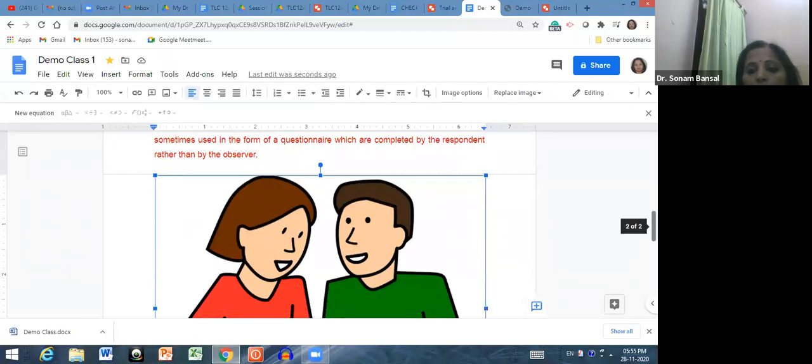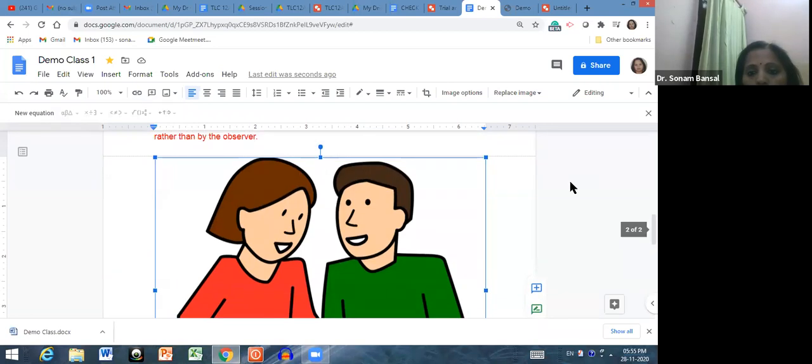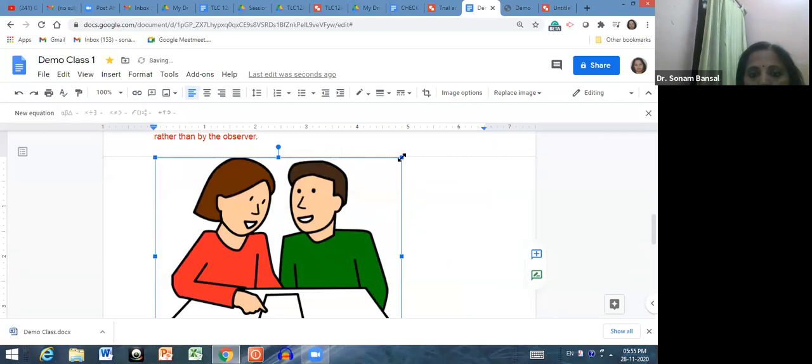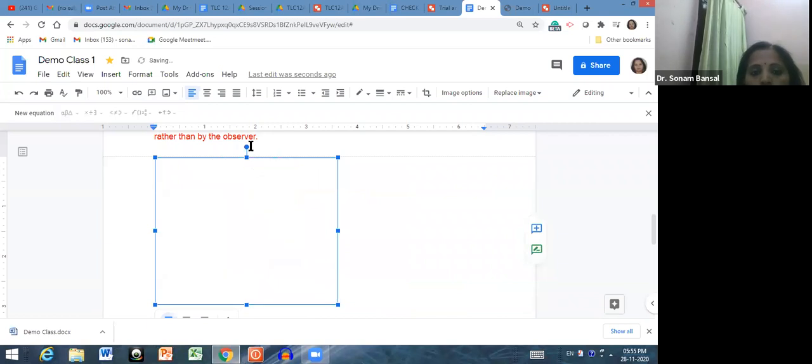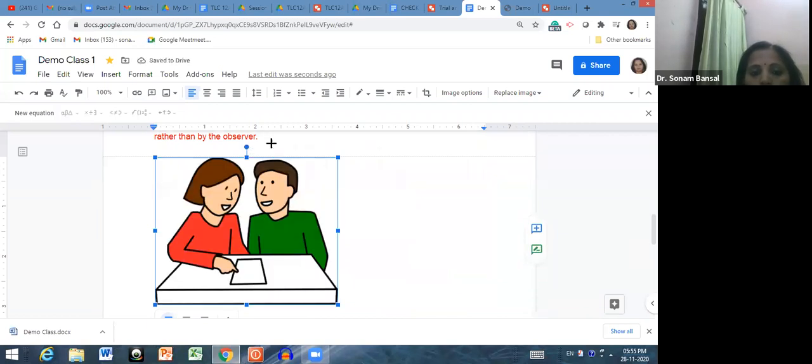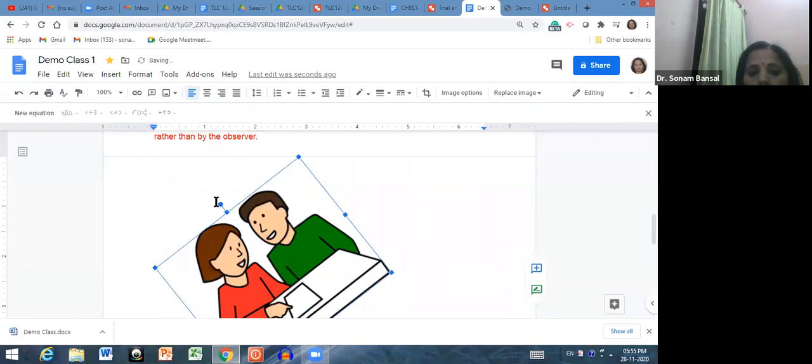Now, if you want to change the size, you just click on one side, drag and drop to change the size of the image like this. And if you want to rotate, you can change the angle of the image. Just click on the center, and drag and drop the image.